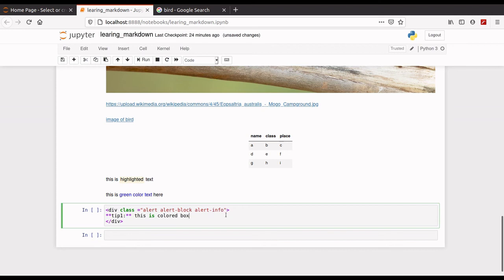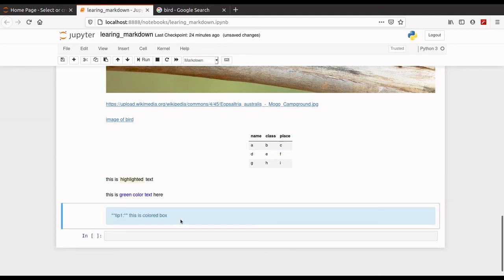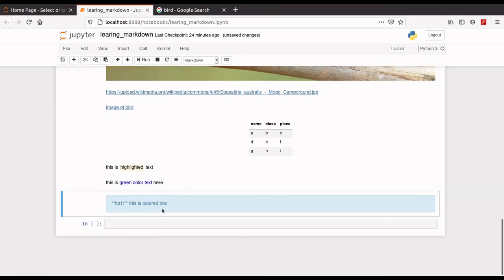So let's see whether the box is colored or not. Yeah, look, the color is green. Sorry, this is alert info, so the color is blue. So let's write another one.